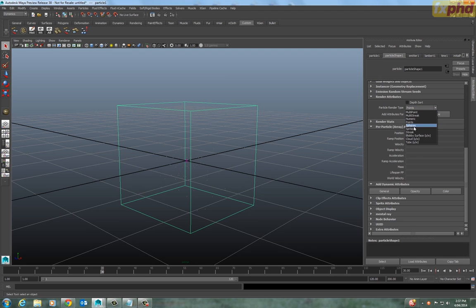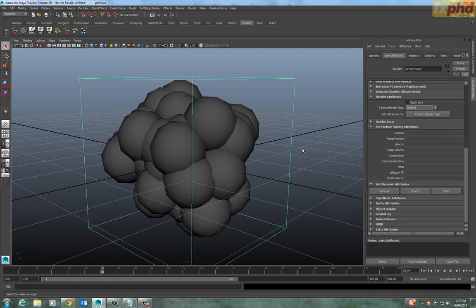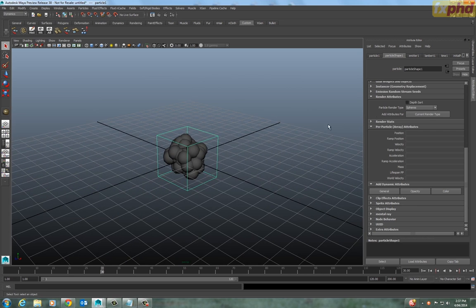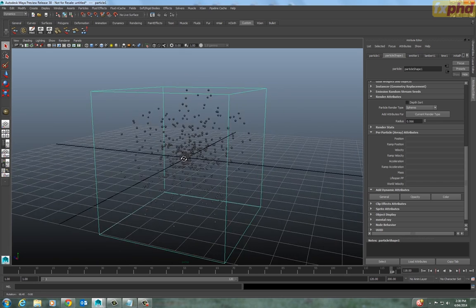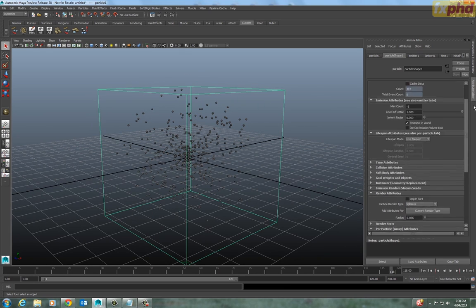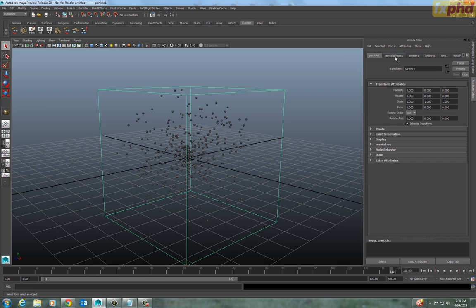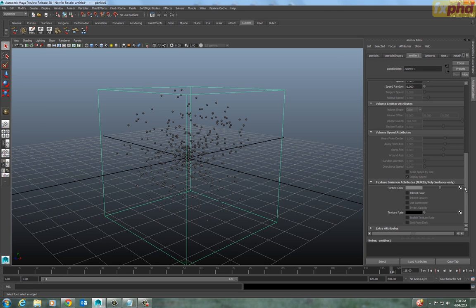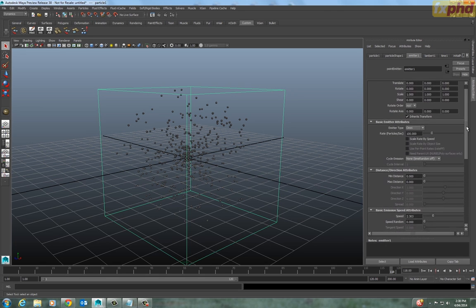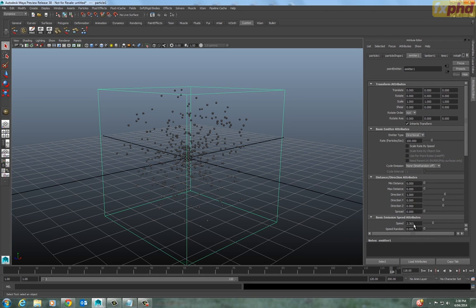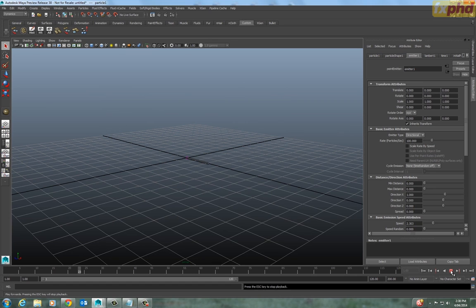So I'm going to select the particle shape and go down to spheres just so we can see them a bit easier, and I'm going to scale down their radius so that they're a little bit smaller. Now what we're trying to go for here is a kind of hose spraying water out of it. Maya particles are deceptively simple because you can actually map very complex shaders and geometry